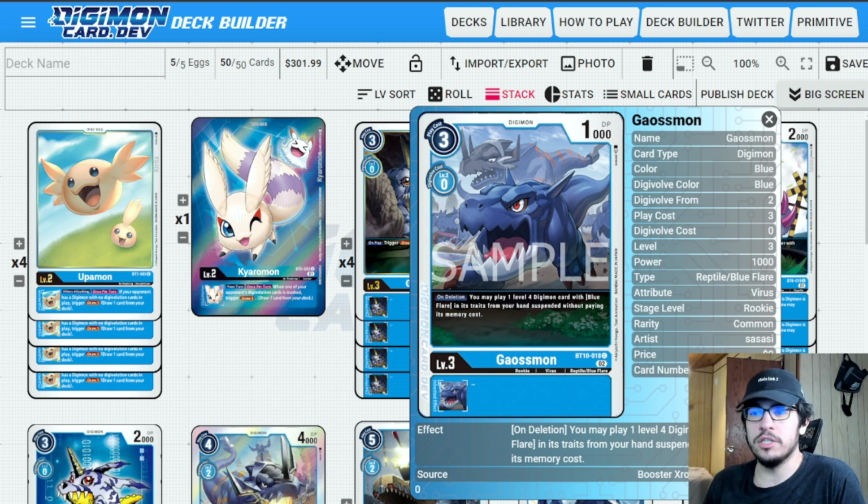We are mostly just focusing on the Metal Greymon package, so we're going to be having the Greymon and the Mail Birdramon in our hands to be able to play the Metal Greymon. Now, the Gaussmon being able to play out the Greymon to get a search is nice at times. With the Mail Birdramon, it feels almost irrelevant when doing it, and so I wanted to keep the rookie base